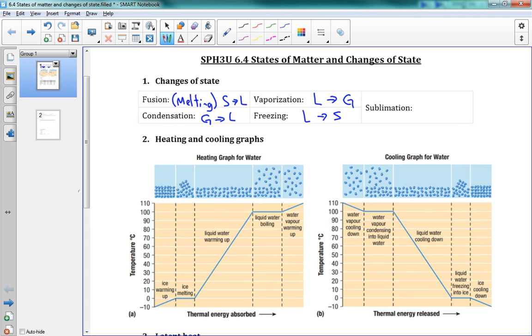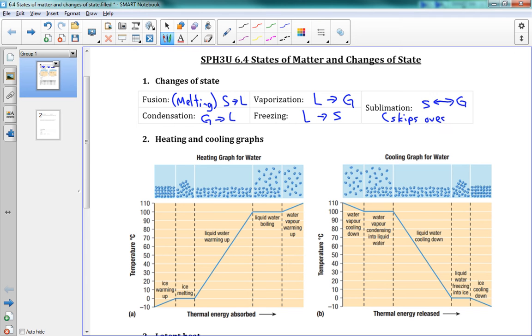The last one over here is called sublimation, and this is where we go from a solid to a gas, or a gas back to a solid. So either direction we call it sublimation. It's a bit confusing because it's the same word for both situations. But it's a strange situation because it means that we're skipping over liquid entirely. We go straight from a solid to a gas, or straight from a gas to a solid. It's not very common. There's not a lot of stuff that does it. So this is where it skips